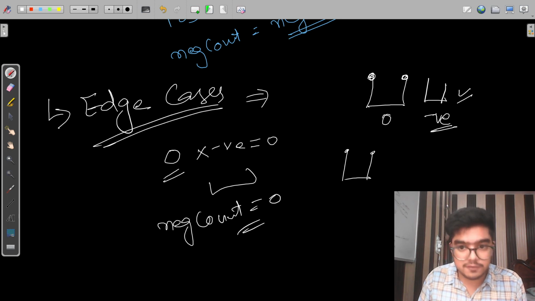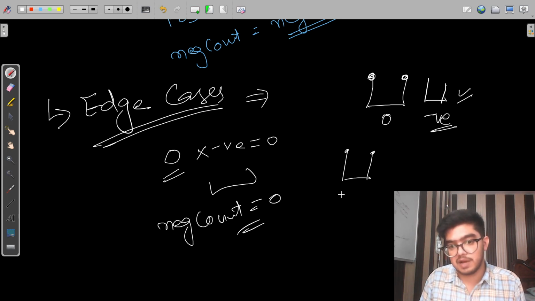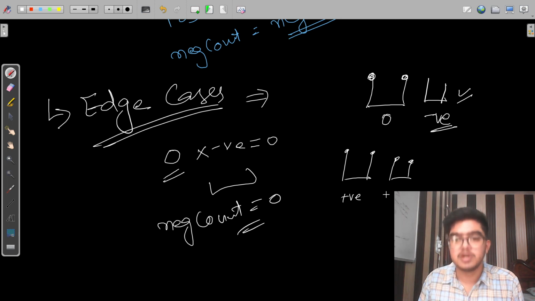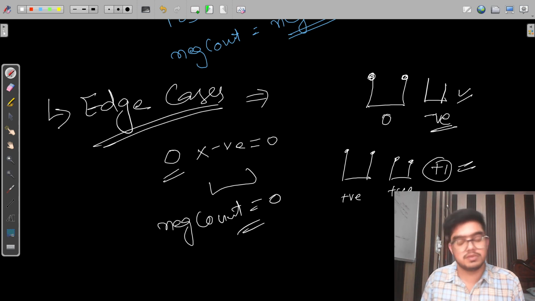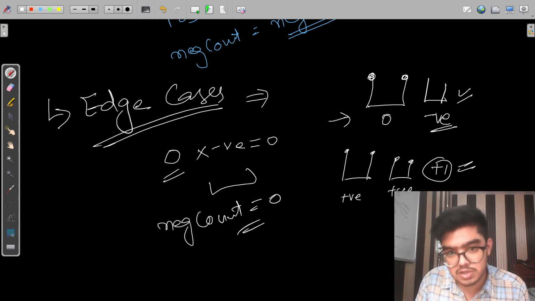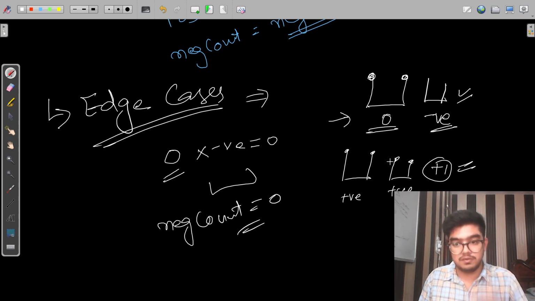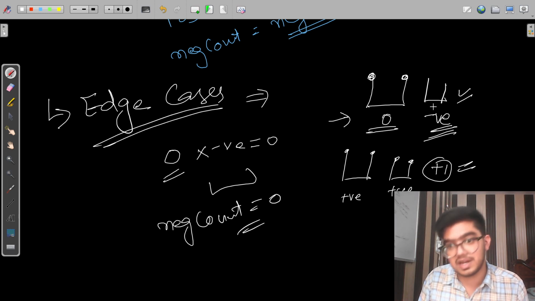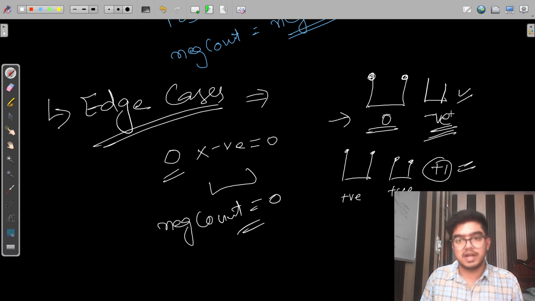And let's suppose you have no positive value and you are getting a positive value at this position, you can add plus 1 here. This is right. But if there is no negative value and at some position we get a negative value, it doesn't help us find our answer. That is the whole logic.